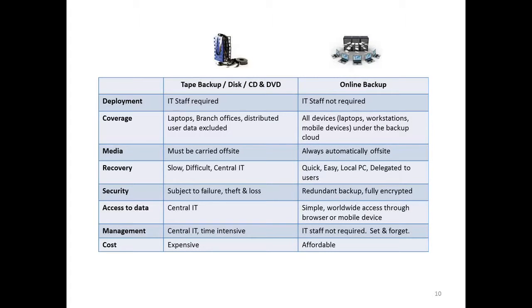James Dianecos just commented, hello, we use two 100 gig external hard disk drives, very cumbersome and inefficient. Absolutely, James. And from a coverage standpoint, that's a great example of your typical disk backup array. It only covers devices that are connected to that. So how many of the devices on your network are in fact connected to those external hard disk drives? Most of them not, and your laptops probably not. Laptops is the biggest issue where coverage comes up.